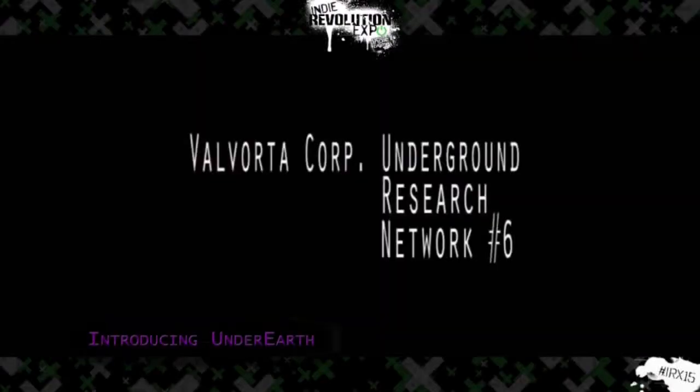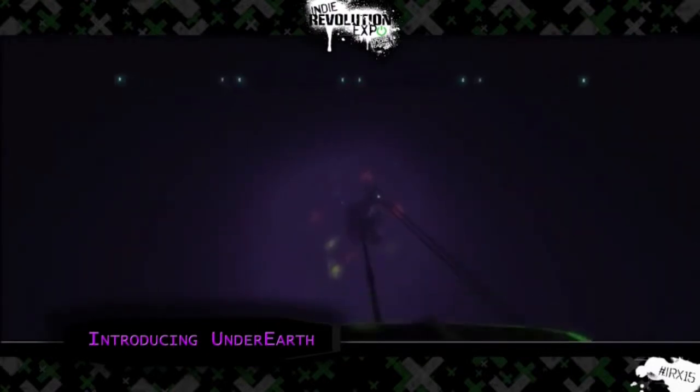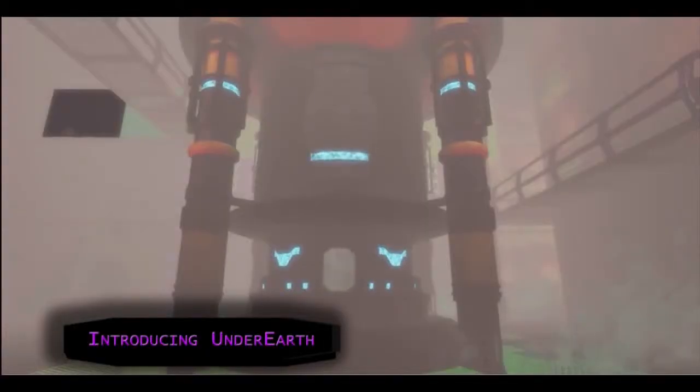UnderEarth is 40 miles. Here's a little description. 40 miles under the Earth's surface, a large research and refinery facility has faulted. Attempts to raise communications with the installment have failed. The status of all 15 workers stationed within the facility is unknown, and unstable readings were reported before the facility